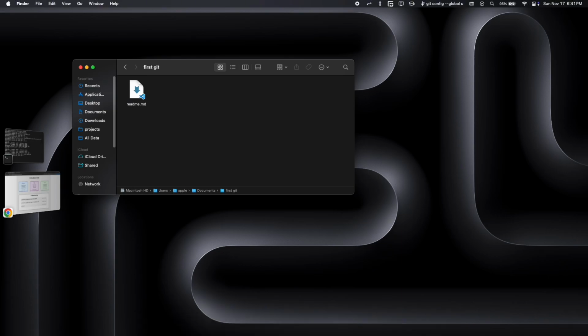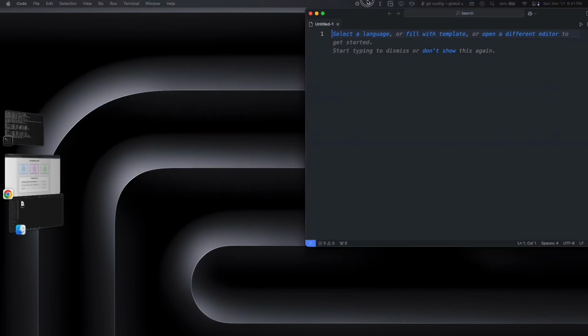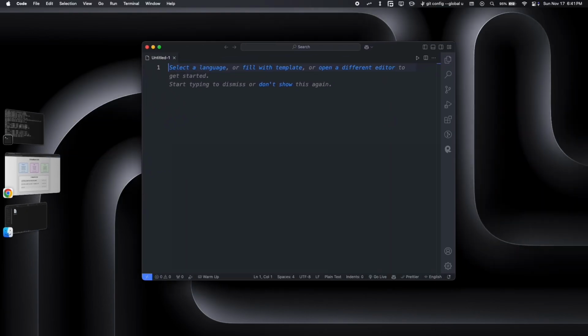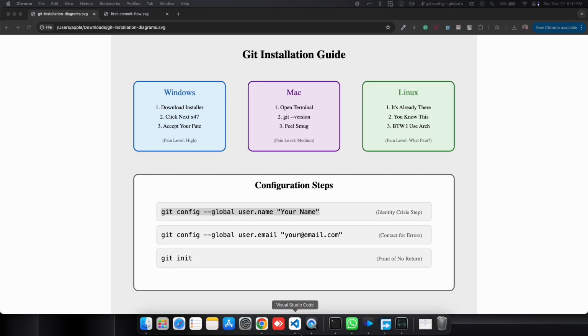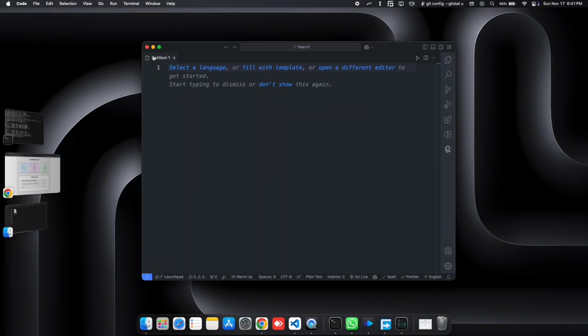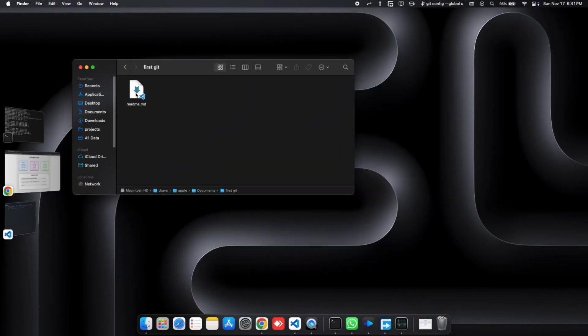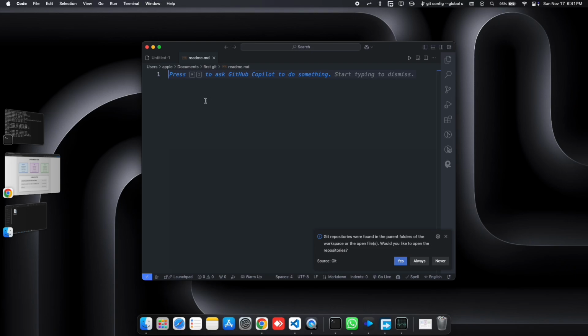Just write it using VS Code. Okay, that's also fine. I need to open my new VS Code window, so drag in there. Okay. Is dash. Okay, let's save it. Command is,